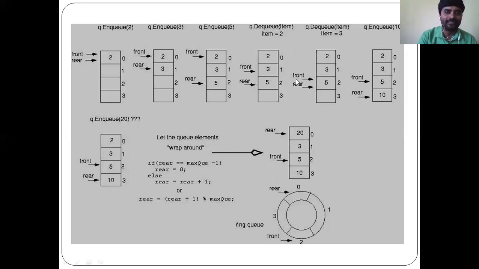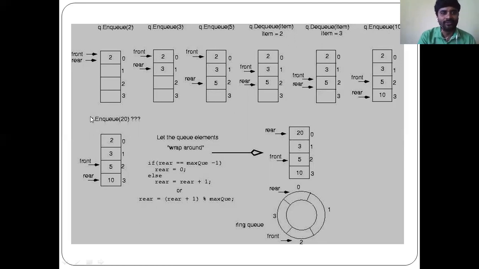Again, here is the DQ of an item: front and rear show at the same point, the element 5 at location 2. Again, in the NQ process, we add 10 at location 3, so the front is 5 and the rear is 10.